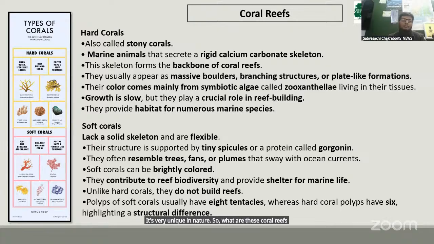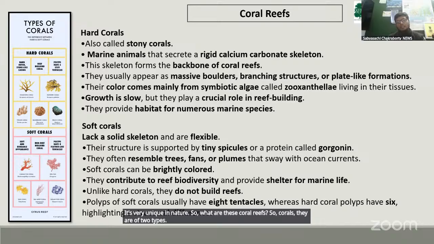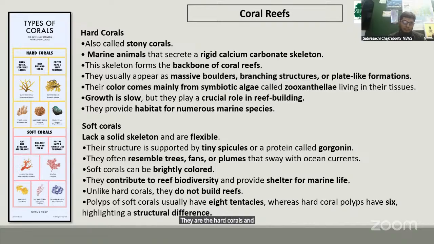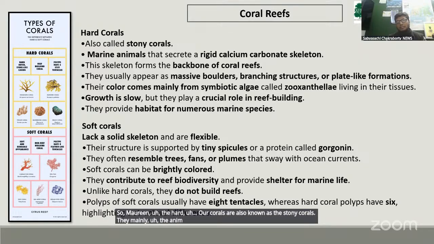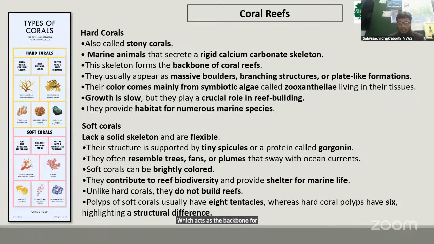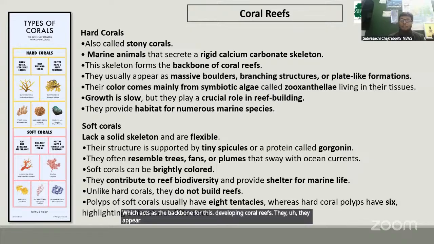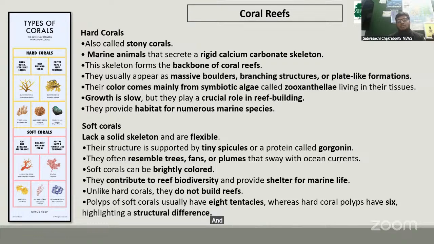So corals, they are of two types. They are the hard corals and the soft corals. So hard corals are also known as the stony corals. They are these animals, they secrete and produce a rigid calcium carbonate skeleton, which acts as the backbone for these developing coral reefs. They appear as massive boulders with branching structure of plate-like formations, and their color actually comes from